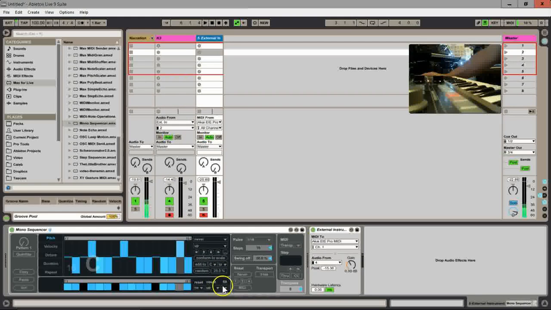Now, if you do want it to reset with each one, they give you a little button here that just starts it. But actually, the setting is right here. We're going to reset by a MIDI key. If you press this, it does the same thing. And then by MIDI key, it gives you some different options. Each thing that it does gives you a different option. But since I have it set to reset by MIDI key, when it starts playing with the transport,